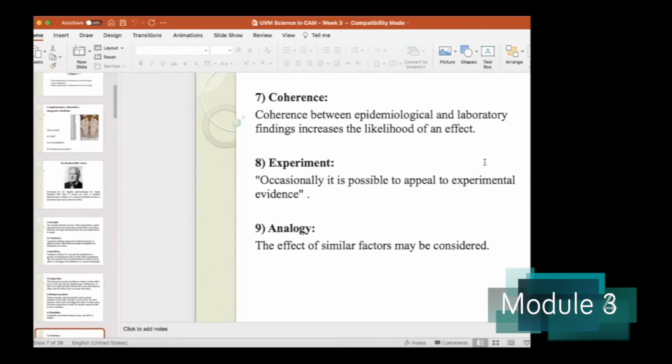Number 8, experiment, and this is a direct quote from the text of Bradford Hill. Occasionally, it is possible to appeal to experimental evidence. Now, this is quite interesting because experimentation, from our Western standpoint, is the primary way to verify whether something is scientific, right? And yet, it's toward the bottom of these principles in Bradford Hill. It's the 8th out of 9. Okay, occasionally, it's possible to appeal to experimental evidence, which is exactly why, even from a very strictly logical perspective, you cannot simply